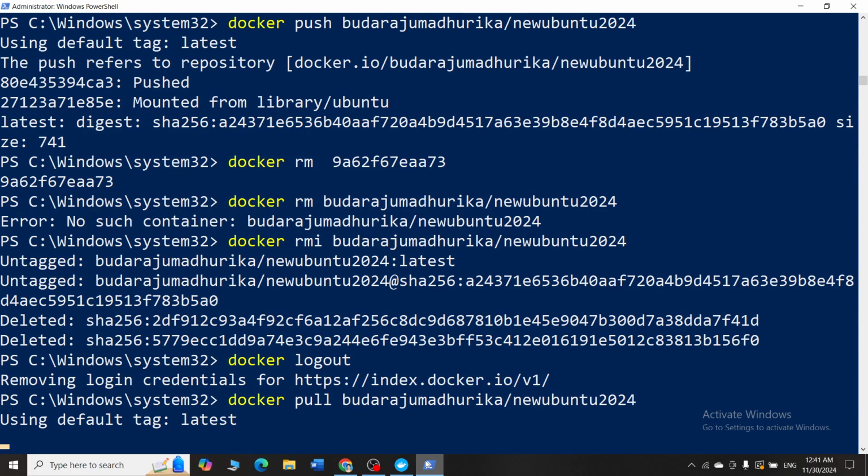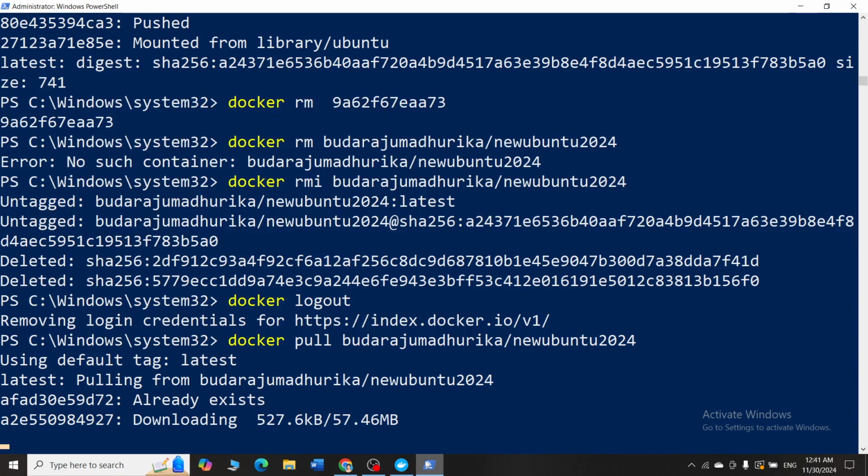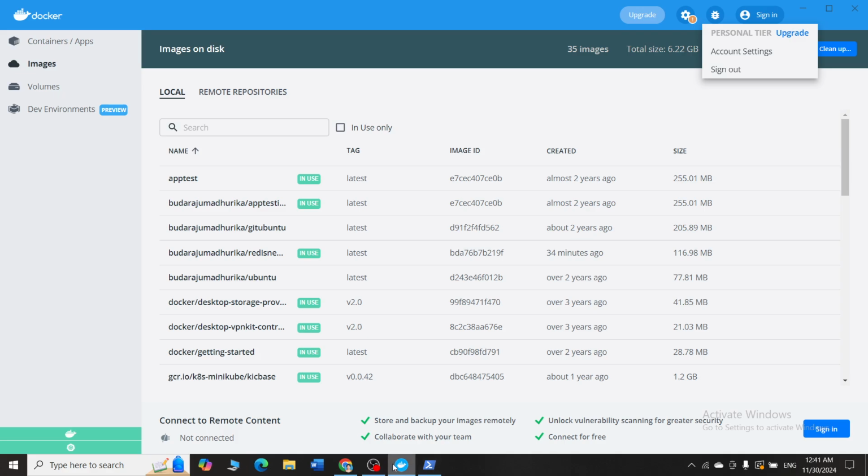So now the image I have deleted and now I am again downloading the latest version. Once the downloading is completed, in your Docker Desktop, you should find this particular image now. So let's just wait for 1 minute for it to download successfully.